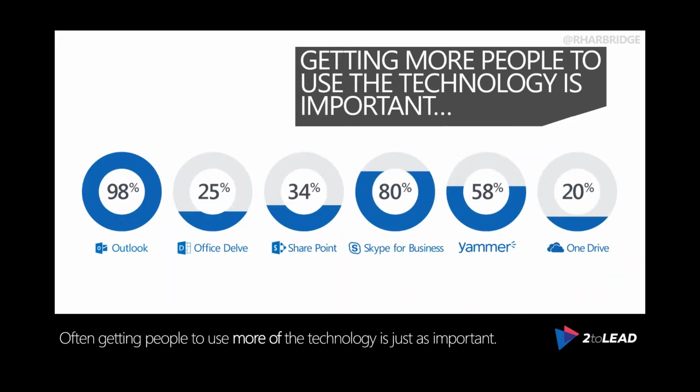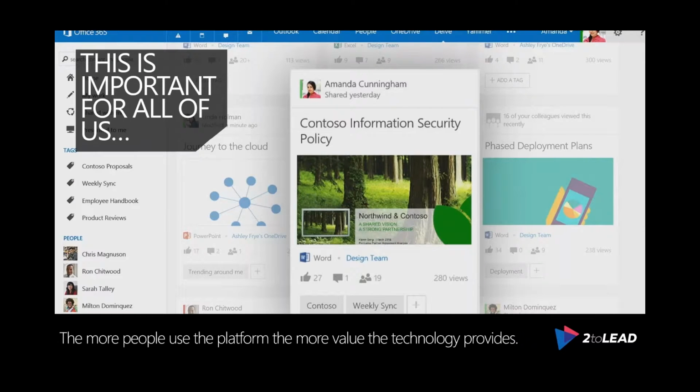It's also really important because as people adopt the platform, as usage increases, the platform delivers more value. This is really obvious in things like Delve, where based on usage, we actually can see more information, the search patterns are more relevant to us, but it's also really relevant for things like Yammer, right? A social network is only as powerful and capable as the number of people that are actively committed to it